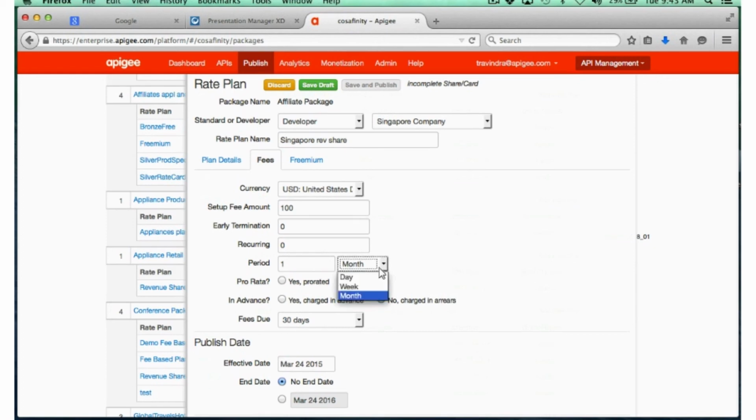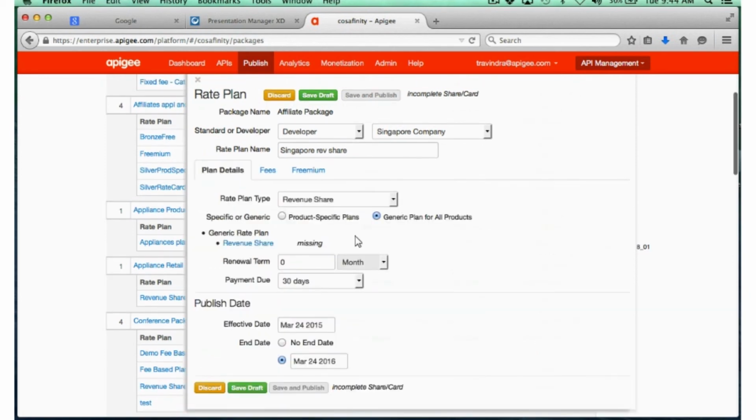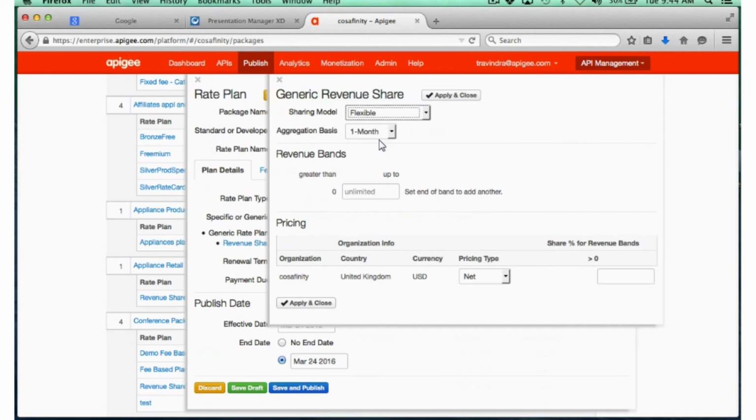And I can say the period over which I charge this. And if I want to do freemium, I can do that as well. So I can say, okay, maybe I'm now going to go set up my revenue share, and I'm going to say it's a fixed. Maybe I'll do a 5%, or you know what? Maybe let's make it more interesting. Let's make it flexible, and let's say that